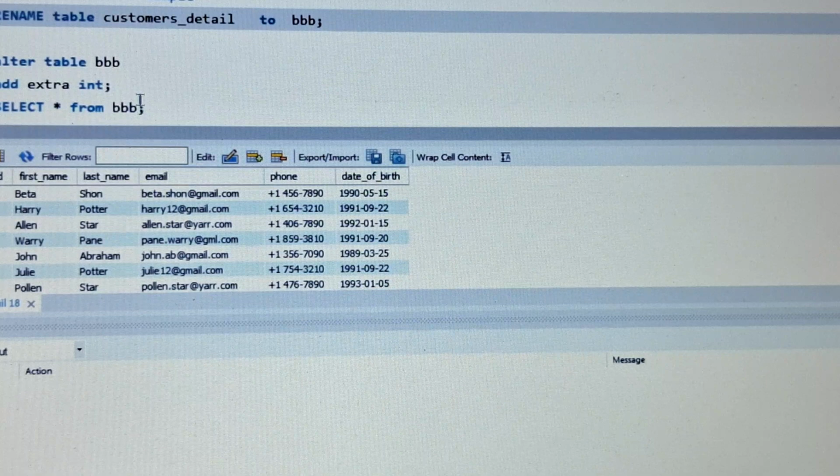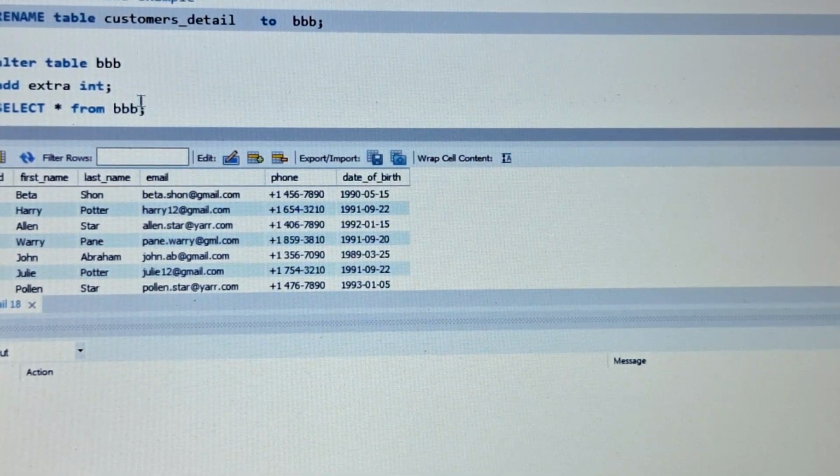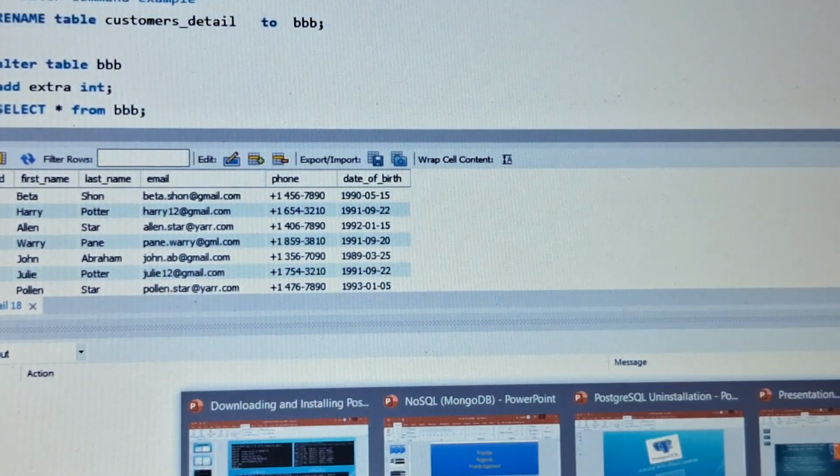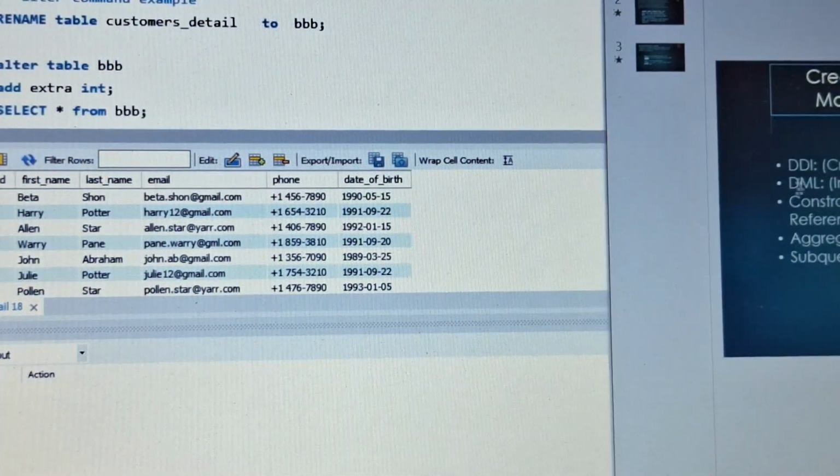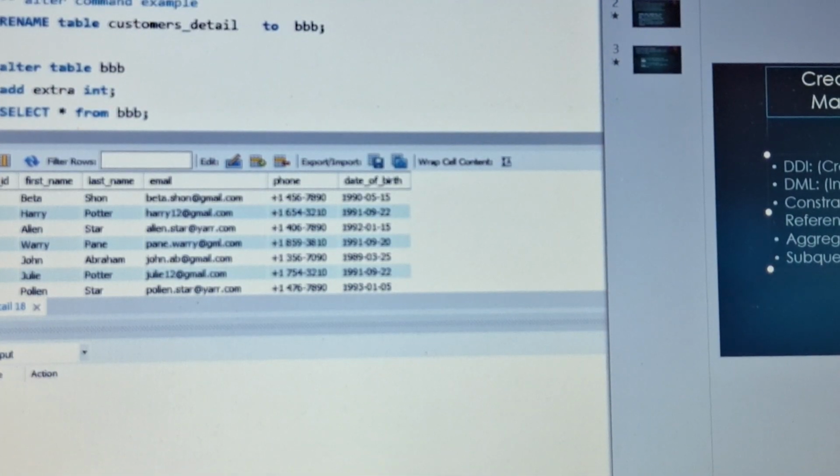Here I will show a use of our other commands.